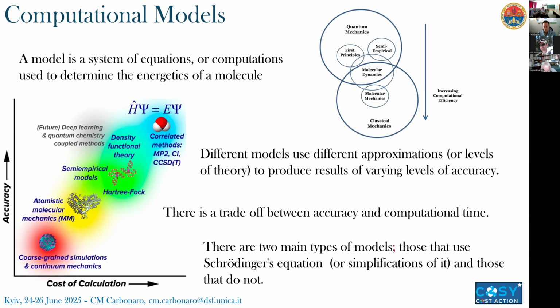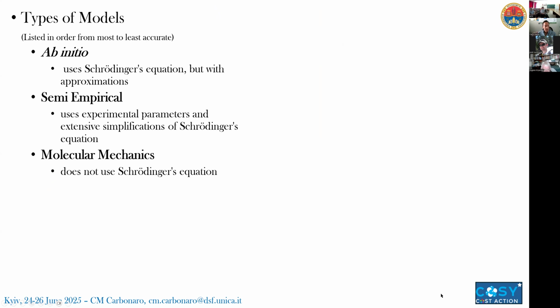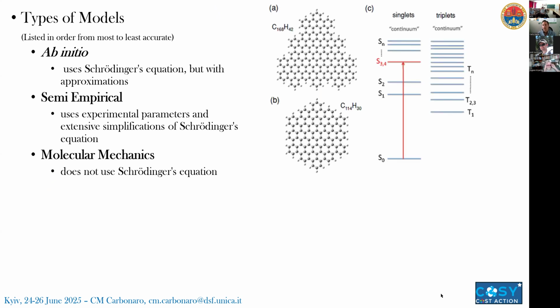There are basically two types of models: the ones that use the Schrödinger equation or a simplification of the equation, and those that do not use this equation. So we can distinguish between ab initio, semi-empirical, and molecular dynamics. I'm not going too much into the details of all of that. I just want to give you a brief idea of what they do, so we can understand how we can represent